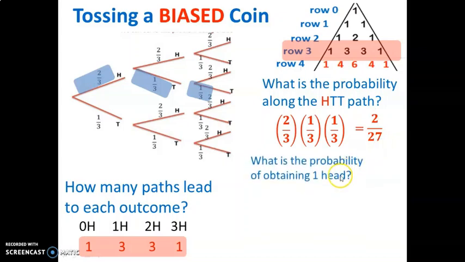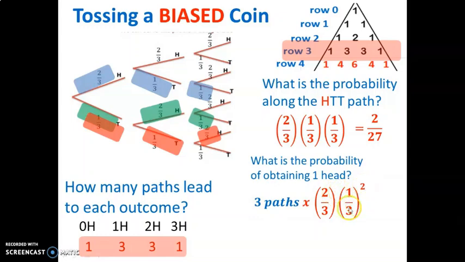Okay, next question. What is the probability of obtaining one head? Well, isn't that what we just found? We found the probability of getting one head. Oh, no, no, no, but there's more paths that lead to one head, right? We found out there's 3 paths. So what's the probability of obtaining one head? Well, it is the sum of the 3 paths. Here's another one head path, tails, heads, tails. And here's the third one, tails, tails, heads. So those are the 3 paths that lead to one head. We can again see right here, 3 of them. Now, you can just do 3 paths times the probability we just found right here, which is 2/3 times (1/3)